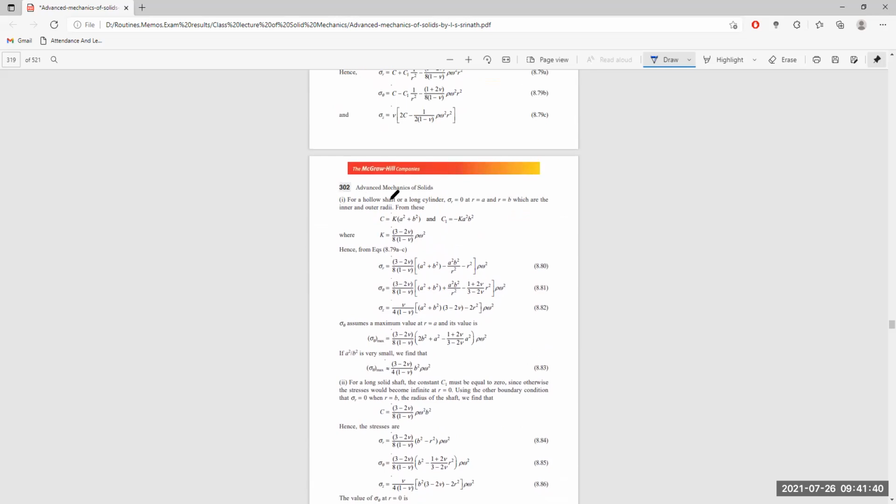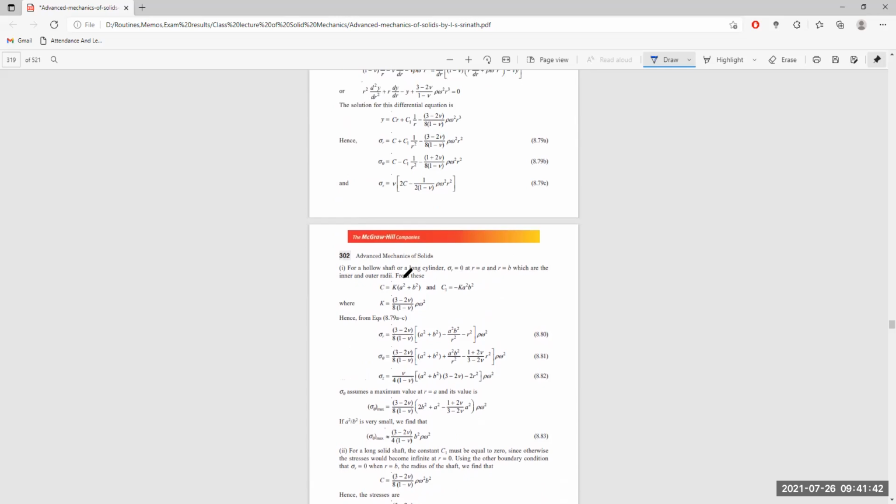For a hollow cylinder, a long hollow shaft, sigma radial stress is equal to 0 at r equal to a at the innermost radius and r equal to b at the outermost radius. If we use this condition by putting r equal to a and r equal to b, we will have C is